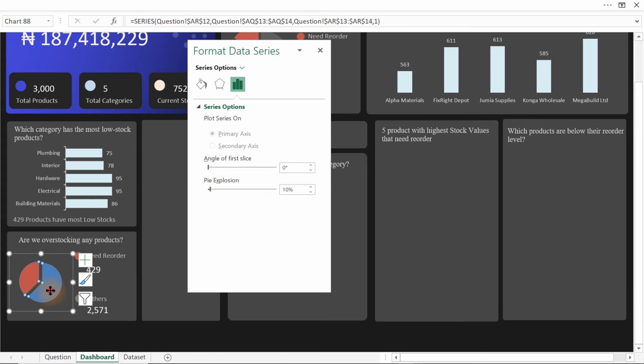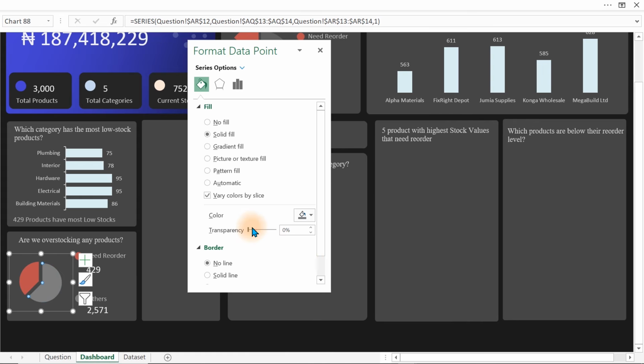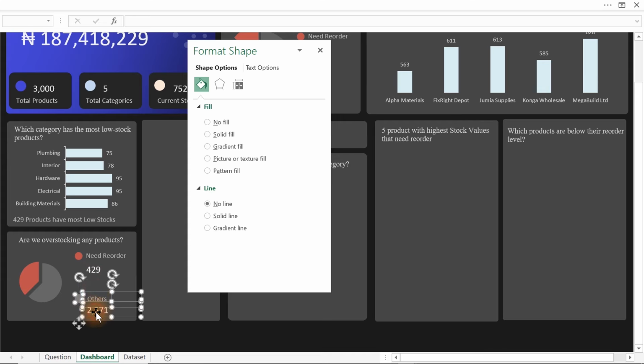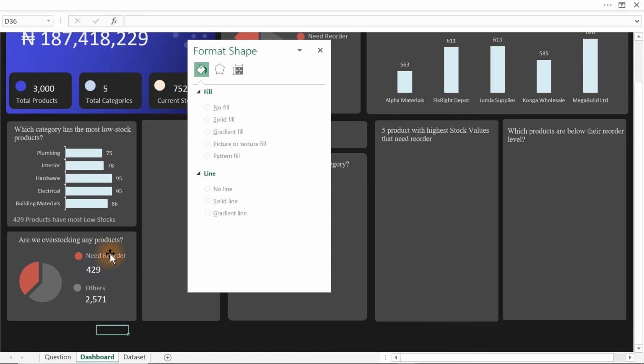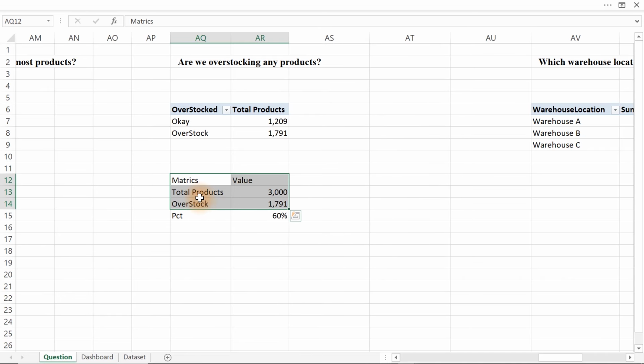Okay, now we have this done. So we just have to go ahead and select a color for this, the same exact color I've actually used before. So now we just have to push this down. Something like this would be cool. So now all we need to do now is just to click over here, over here, over here, and push it up a little bit. We're creating a space for something very important here. So now, what name are we going to give to this one? This one is actually going to be,